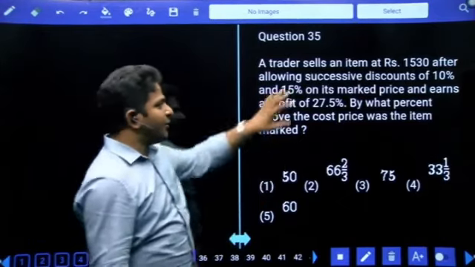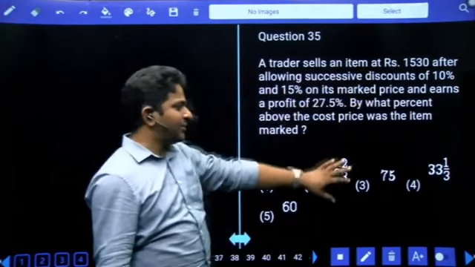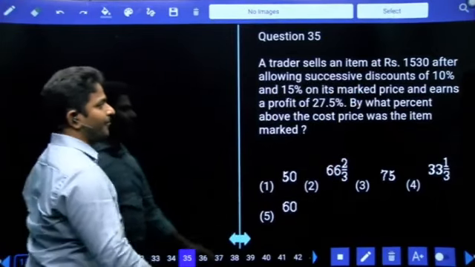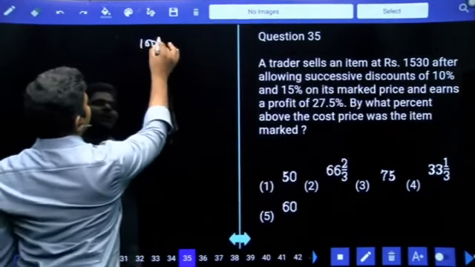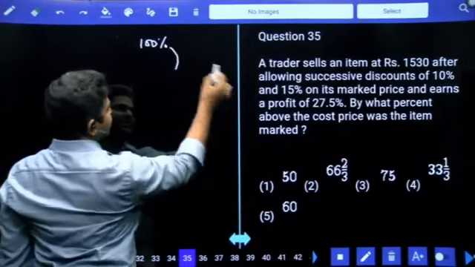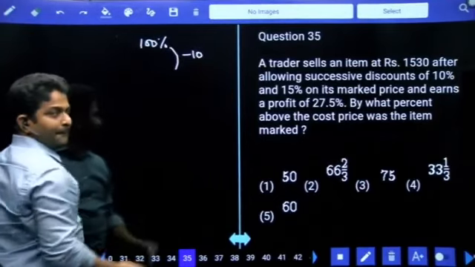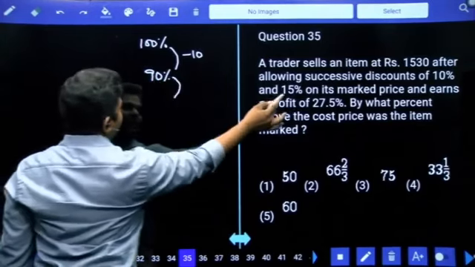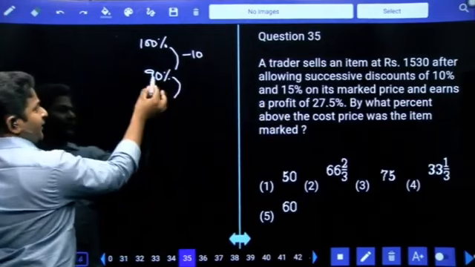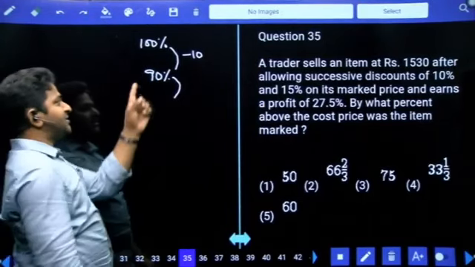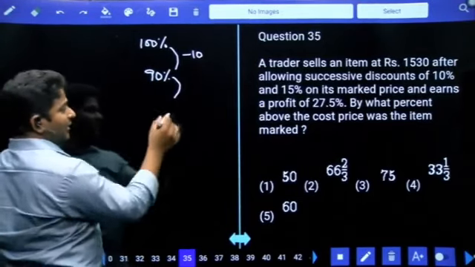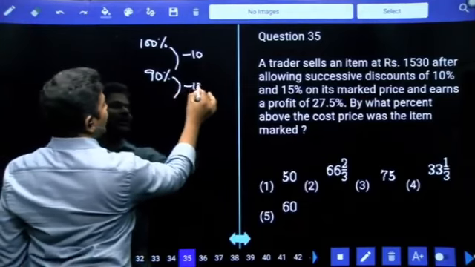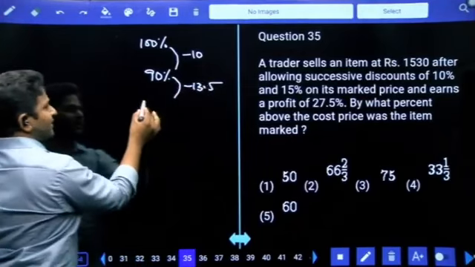Right. So here you don't have to use that number because your question is about only percentage. Let us assume the market price is 100%. The first discount is 10%. We have to subtract 10, then its value becomes 90. And again you have to give a 15% discount. 15% discount on 90: 10% is 9, 5% is 4.5, total 13.5 we have to subtract. Then the value becomes